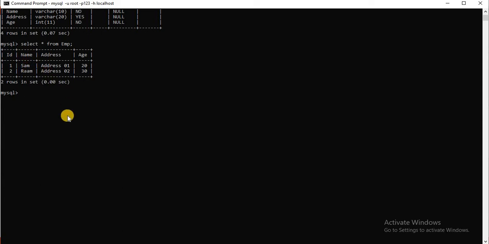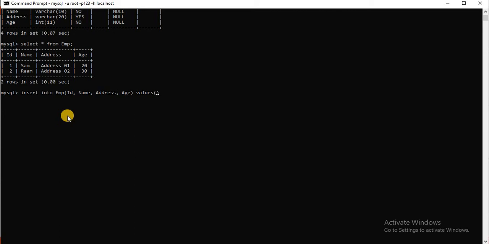Now I want to enter data in the table, so I use the command insert into, table name is EMP, then I give the column names: ID, after that name, after that the address column, after that the age column, and then type values. Inside values the ID is numerical.